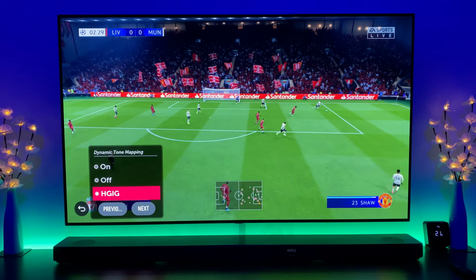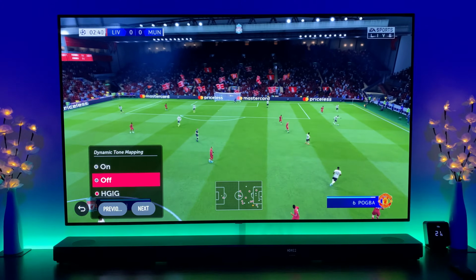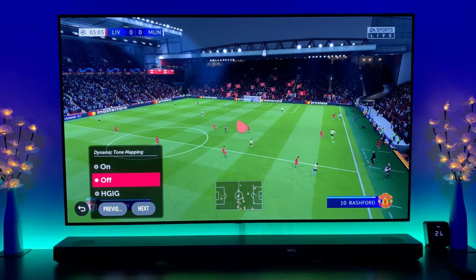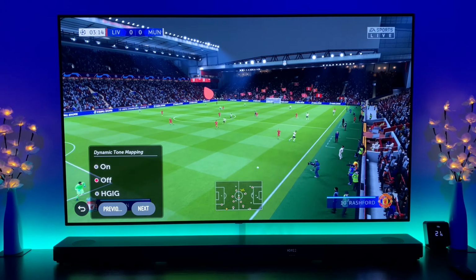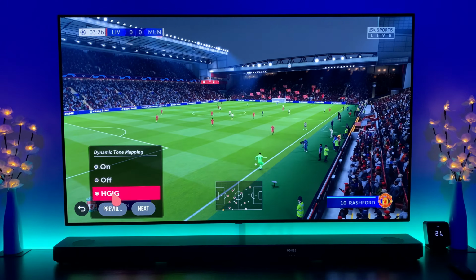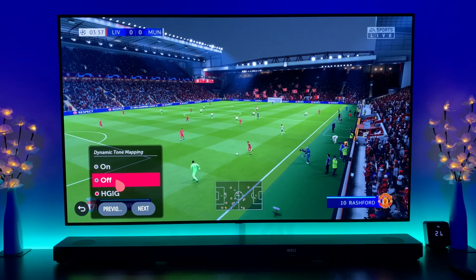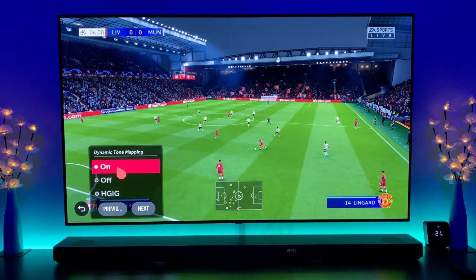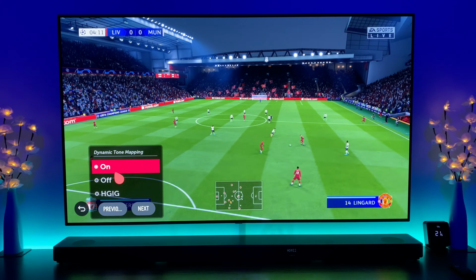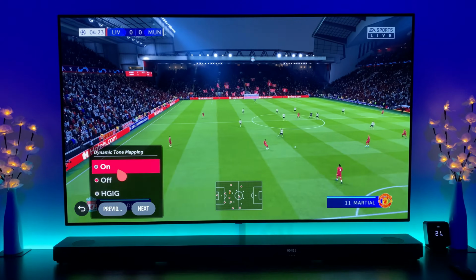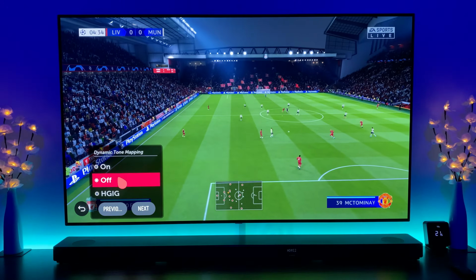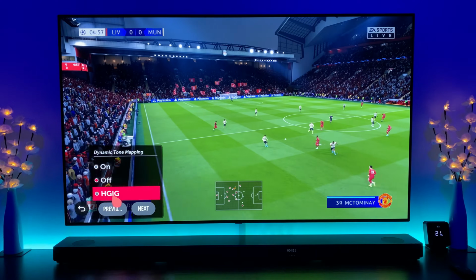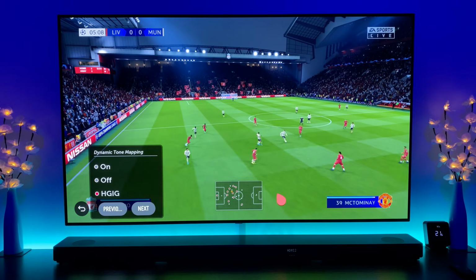Right, so here we are back with a slightly different camera angle, and as you can see there, I'm looking at this area here, and all of those light rays don't seem to have any difference between the two. Enabling dynamic tone mapping compared to off does brighten the picture considerably. And HGiG off or on,